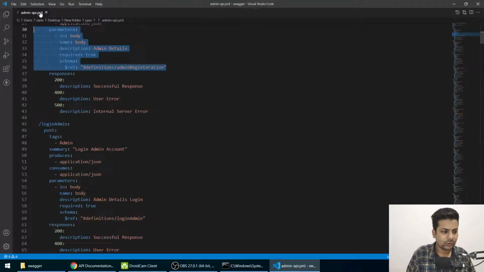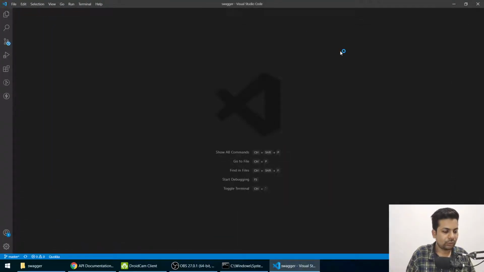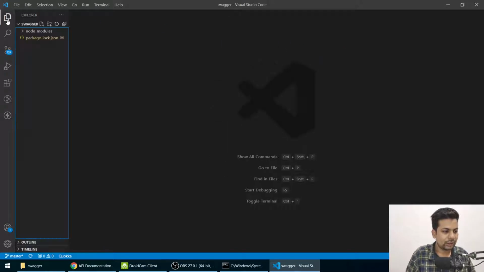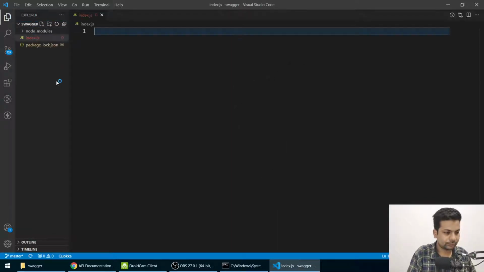Let me make it a little bigger, and here I'll make a new file, and that file will be index.js. Now here I'll import everything and start typing.